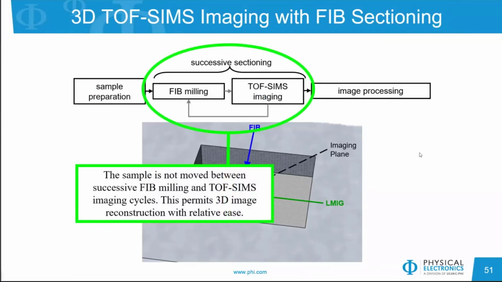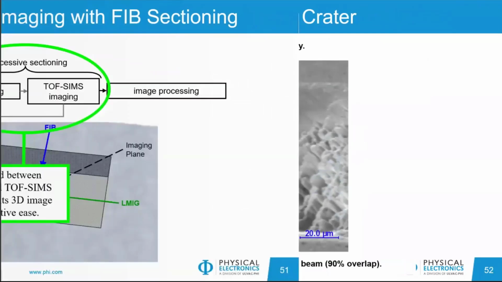And so what's really nice about TOF-FIB is that you're not moving the sample between removing material and imaging it, so you don't need a lot of fiducial markers, or any really, to reconstruct the data, so it's very easy to look at. So in this example, I'm going to show